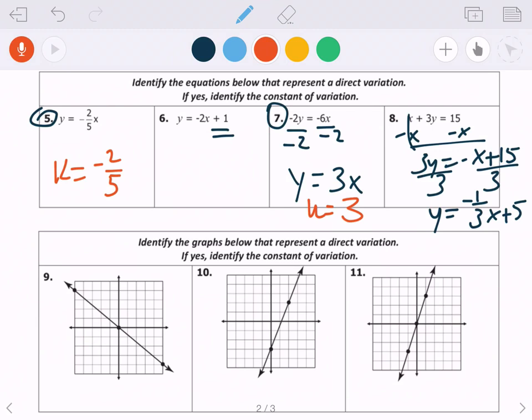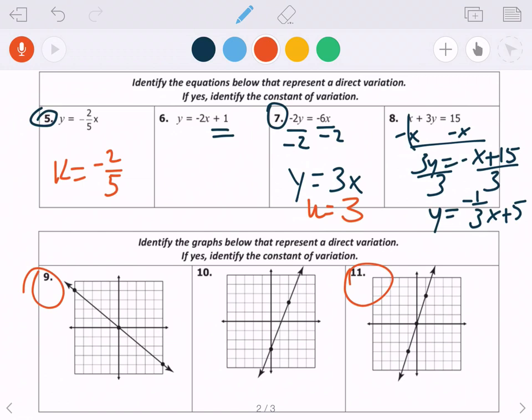So if we look at number 9, the y-intercept is 0, so that should be a direct variation. Number 11, the y-intercept is 0, that should be a direct variation. Number 10, we have a y-intercept of negative 3. Because we have a y-intercept of something other than 0, that is not going to be a direct variation. So in number 9,